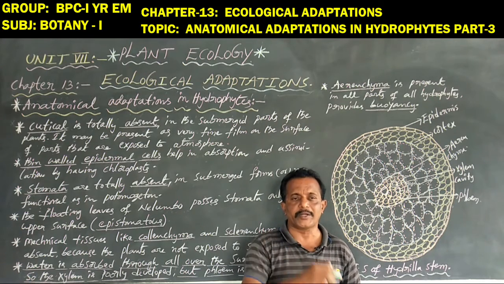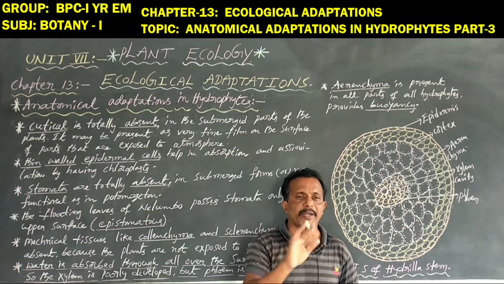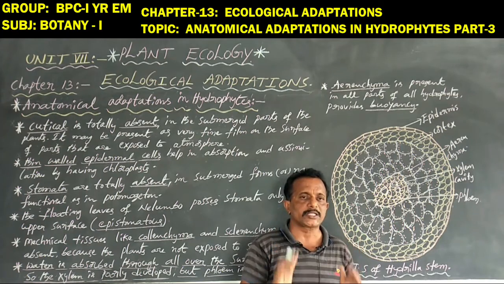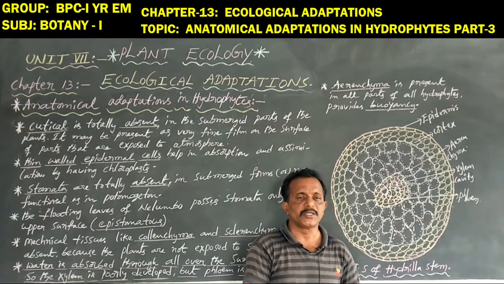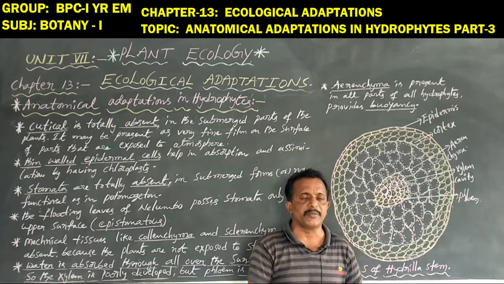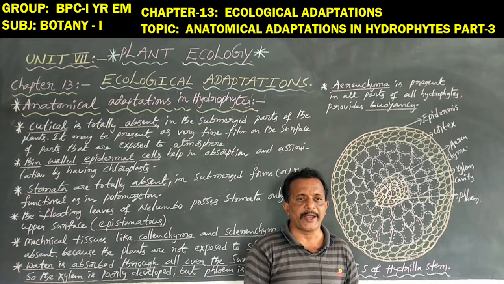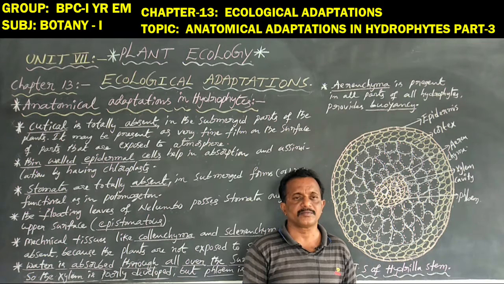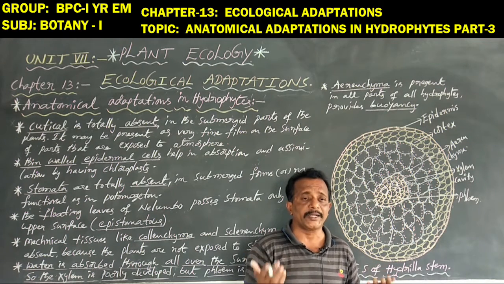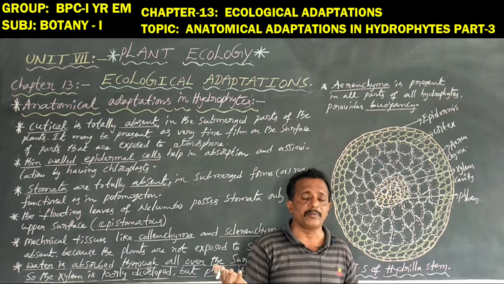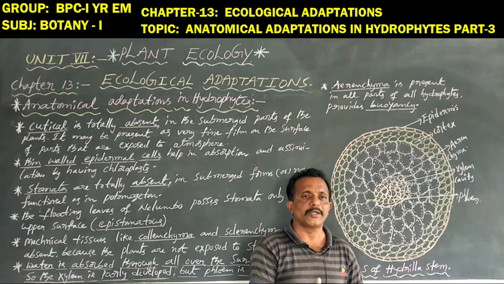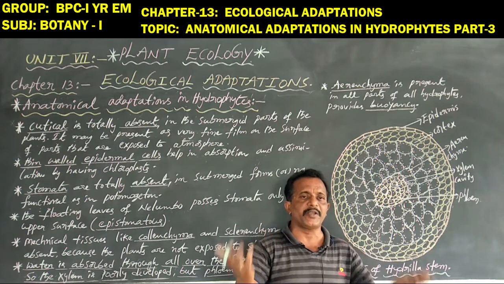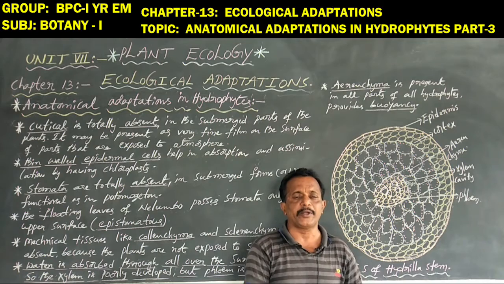But in all aquatic plants, all hydrophytic plants, sclerenchyma and collenchyma are totally absent. These are the mechanical tissues. These mechanical tissues always give mechanical support or mechanical strength. For example, neem, banyan and mango plants have a plant body and branches containing collenchyma and sclerenchyma. This collenchyma and sclerenchyma give mechanical support to the plant body and its branches.